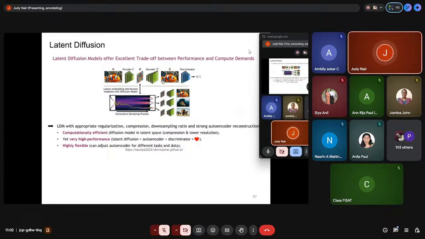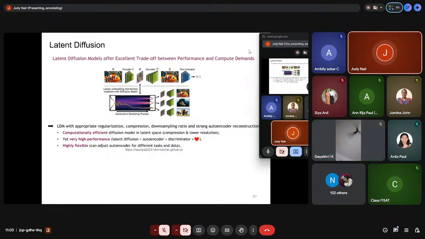Then it goes to the decoder and discriminator. That was introduced as latent diffusion models. We know images are large, even a 512 cross 3 image is very slow and expensive, which is why they came up with this solution. It's a very good idea: you compress the image, run diffusion, and then decode back.